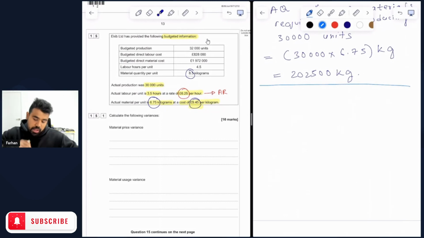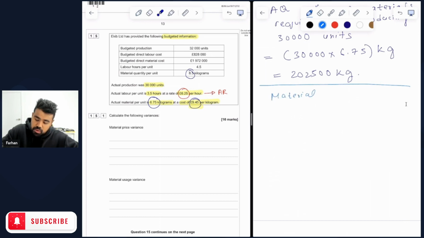Now let's calculate the second variance of the question, which is the material usage variance. The usage variance here refers to the actual quantity of raw materials that we have used for 30,000 units compared to the standard quantity that we would have set aside for producing these 30,000 units. So what is the formula? The formula can be written as